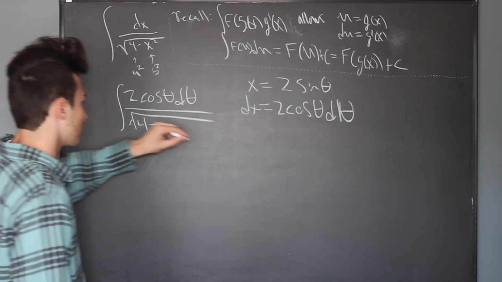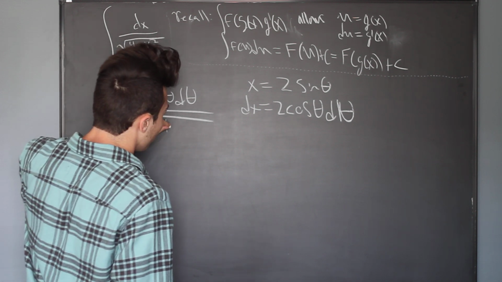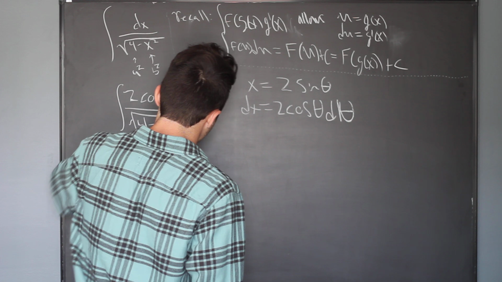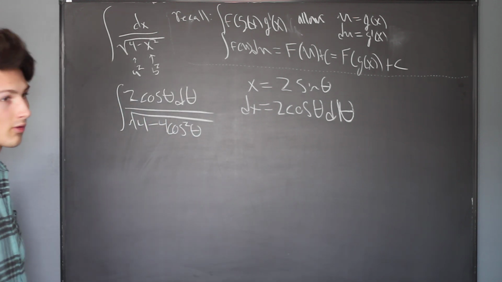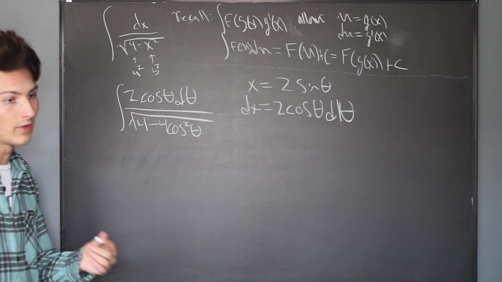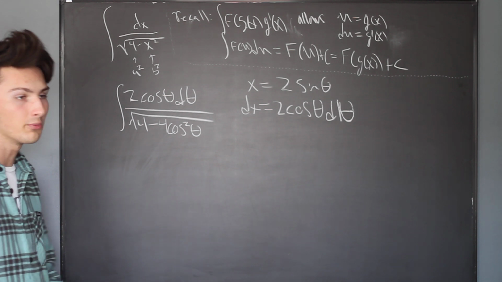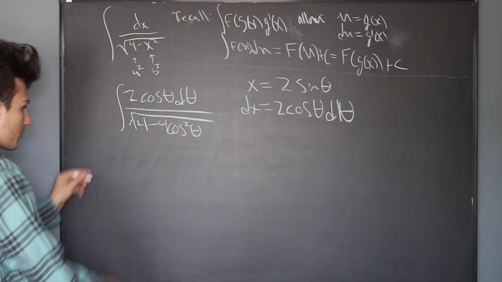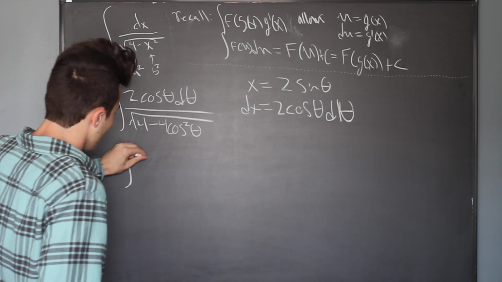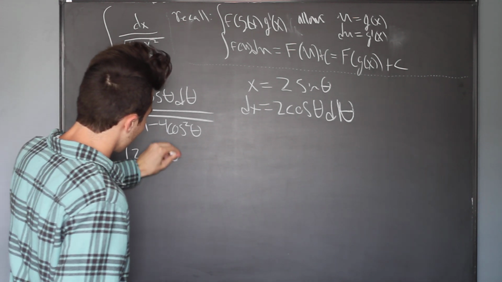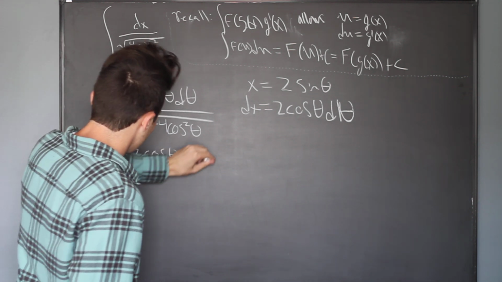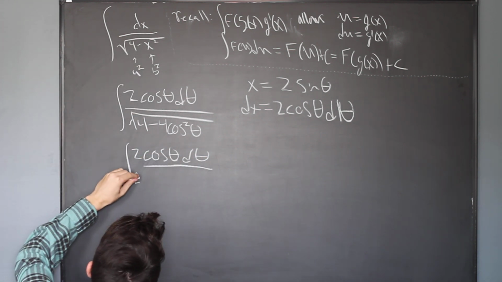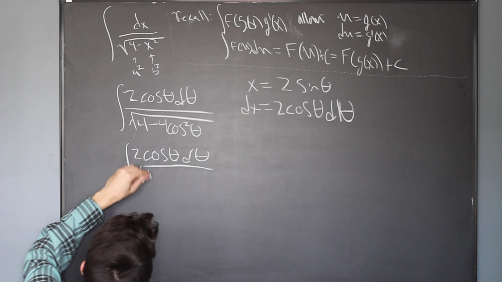And so because we do that, we get 4 cosine squared theta. You can factor out of a square root, but you're going to have to apply the square root to it. So we can factor this 4 out of it. And what doing that essentially gives us is 2 cosine theta d theta over 2 times the square root of 1 minus